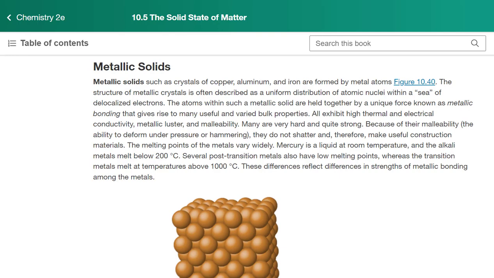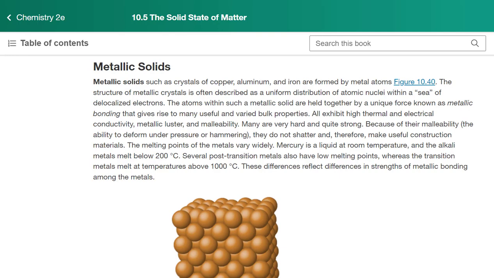They're just all around, and they're holding all of those metal ions together. So this is a very strong attraction between those essentially metal ions. So they will tend to have higher melting points. However, their property of being able to easily shape them is also because of this, because you can